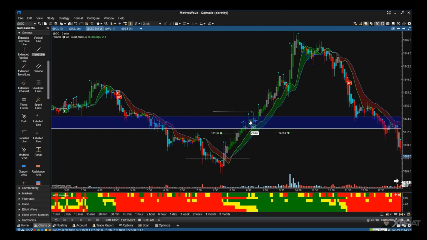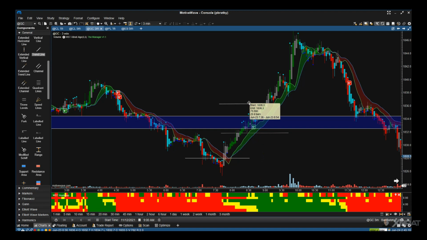Okay. We look down at the bias depth heat map. We are not all green yet, so we haven't got that confirmation. We get confirmation actually on this candle here, this bigger candle. So again, for those that wait, this is our entry here. We've got signal, but we haven't got the confirmation yet. The confirmation is a couple of candles later when we've got all of our 6 higher time frames in the green. So this is our sensible entry